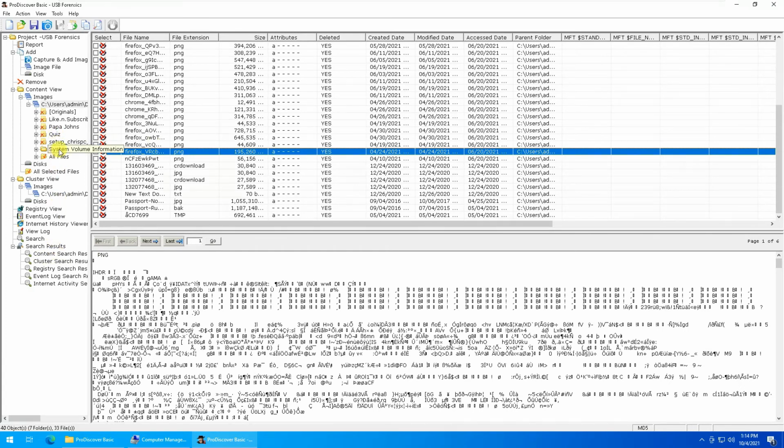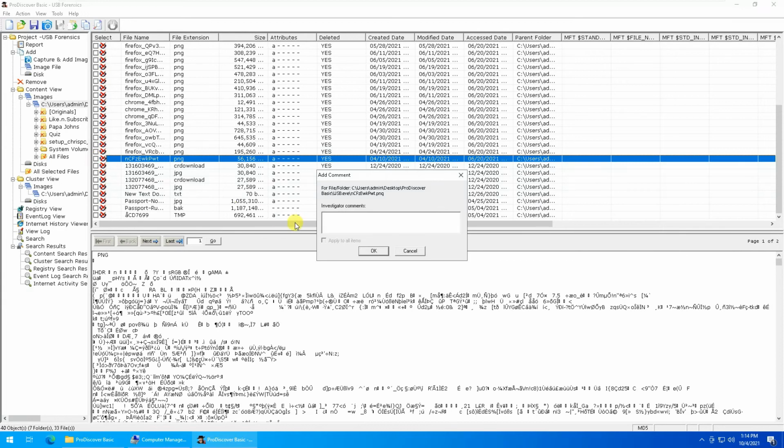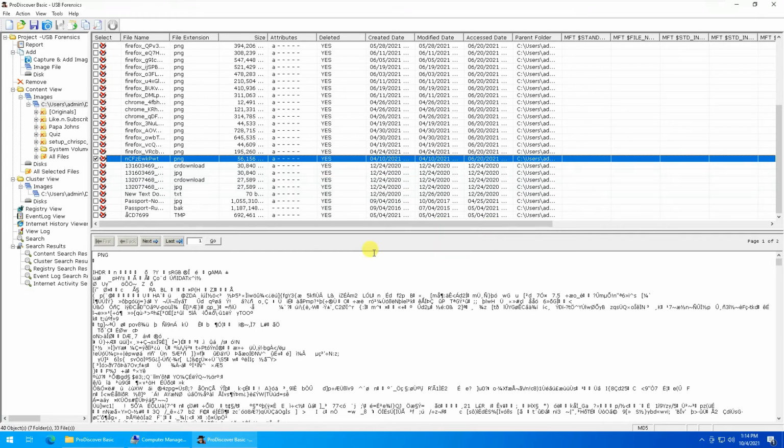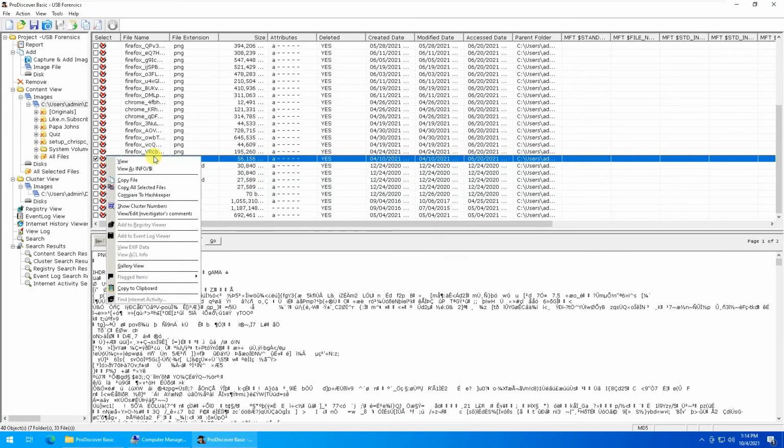Further, if you want to recover a specific file, for example this one, you will write a comment over here that evidence found. Press OK, right click on it, and you can view it.